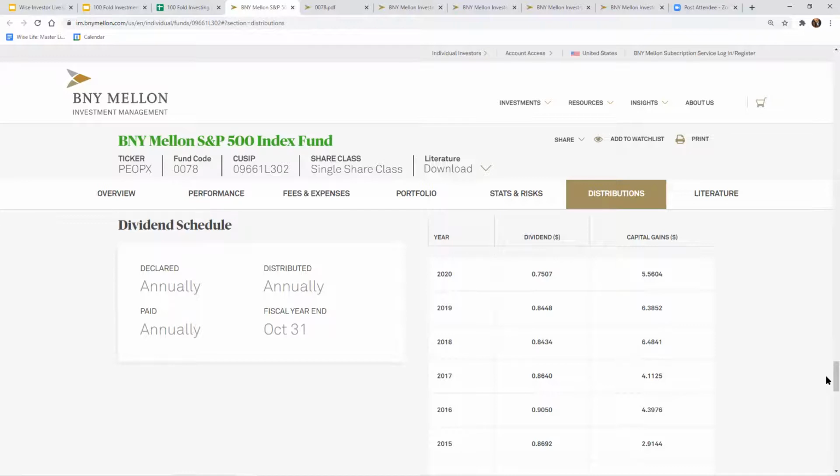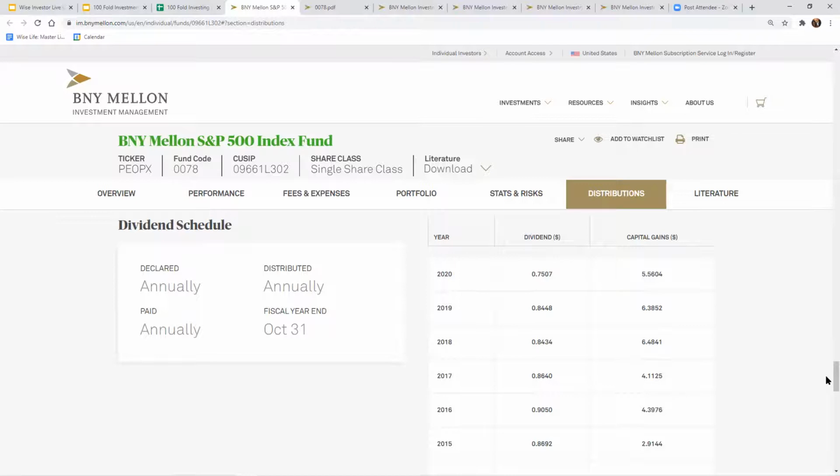Now, dividends are functionally the predictable income stream from investments. All right. So inside of this particular investment, it has a predictable income stream that's going to come from it. The actual dollar amount will adjust up and down slightly over time, but it's a predictable stream of income. Okay. It might not be $500 every month. It might be $400 one month, $700 the next, that type of thing.